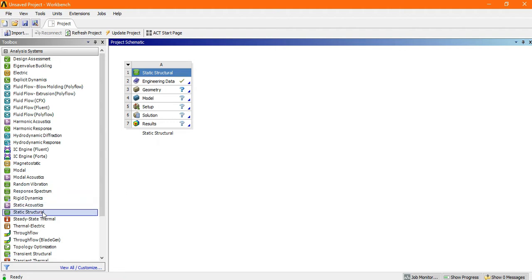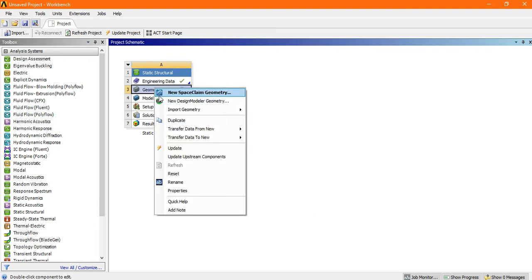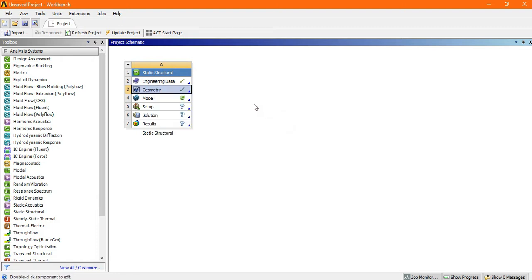First go to the static structure, then right click and import geometry, the knuckle joint. Now go to the model and double click on it to open it.